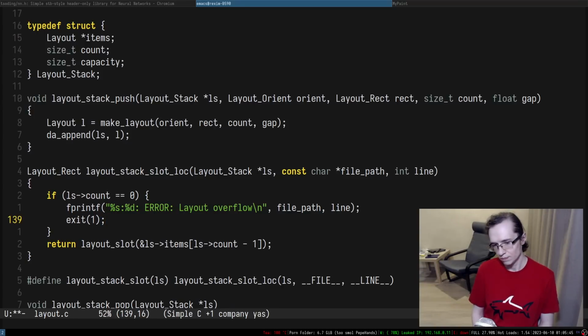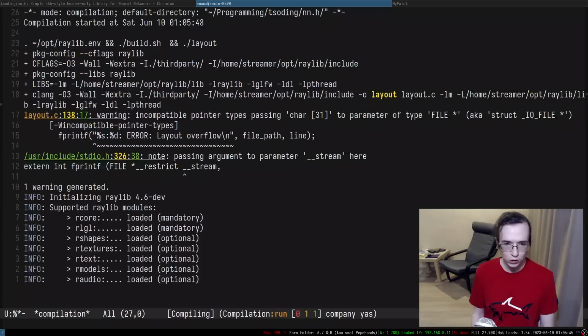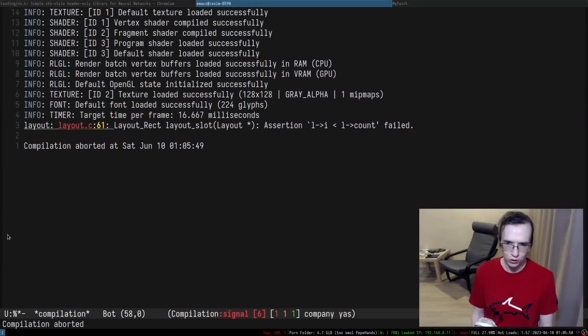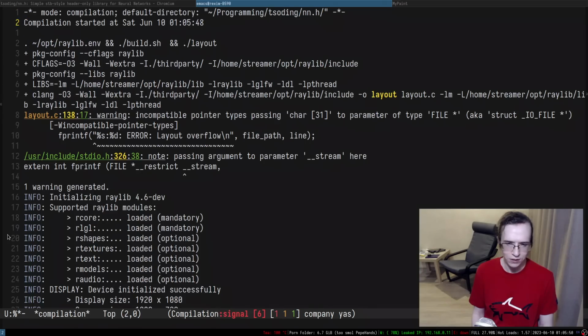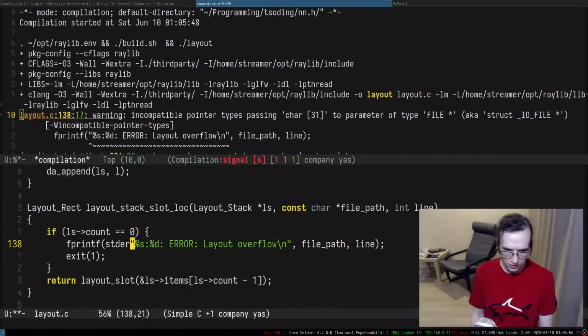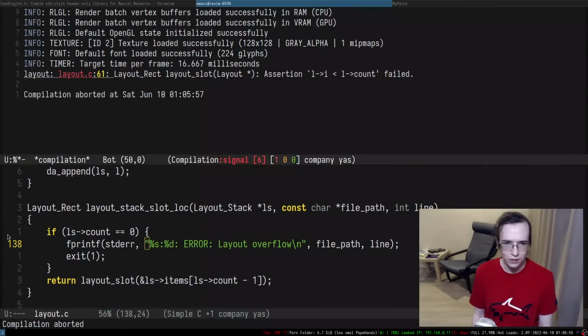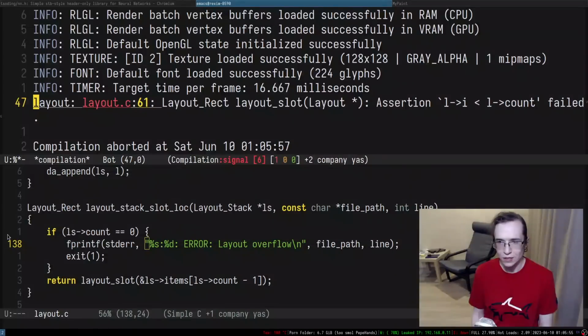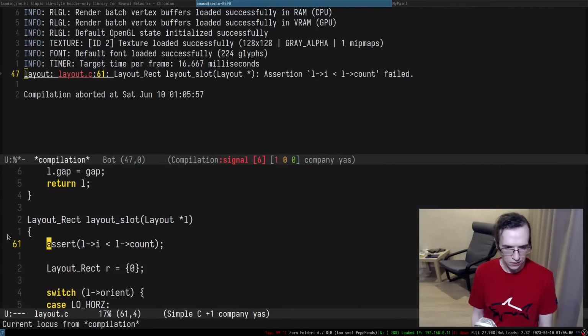So that should tell you where you potentially made a mistake. Oh yeah, it has to be stderr, so it didn't compile properly. There we go. As you can see, it tells you something like this.